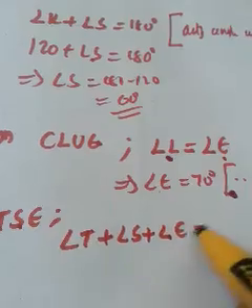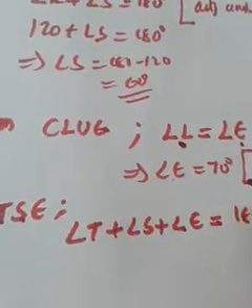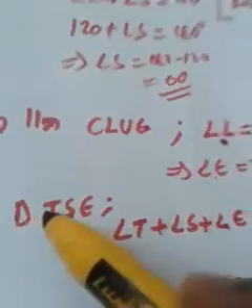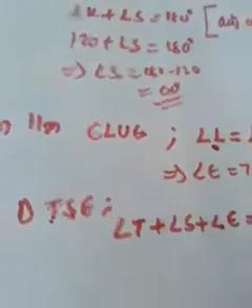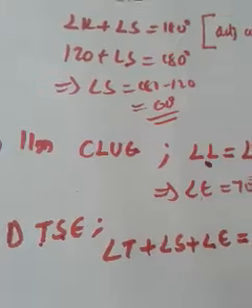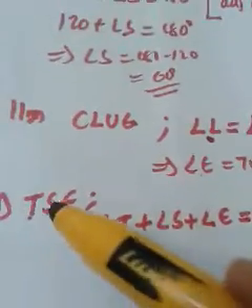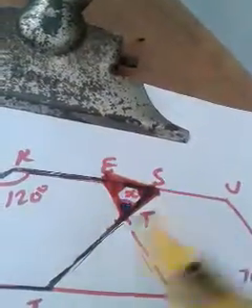The sum of angles of any triangle should be 180 degrees. So obviously that property will be satisfied in this triangle also. Whether it is a smaller or bigger triangle, in any triangle the sum of the three angles should be 180 degrees. So in the smaller triangle TSE also, angle T plus angle S plus angle E, when you add them, we must get 180 degrees, because it's a triangle.